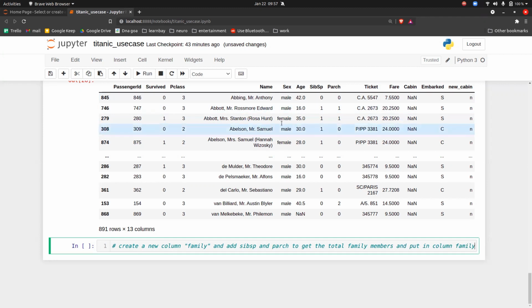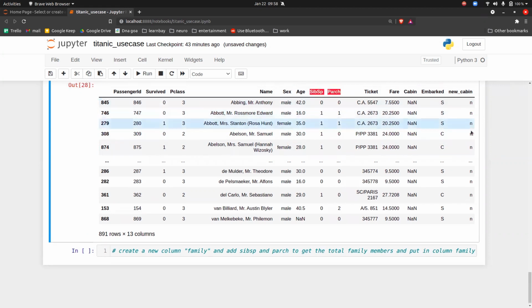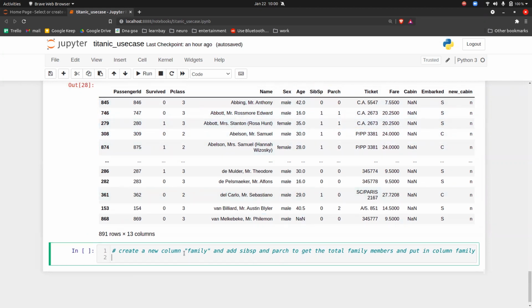So basically 0 plus 0, so that answer should be in the family column. 1 plus 1, so 2 in the family column. 1 plus 1, then 2 in the family column. Like this, you have to add this data and put it in the family column, guys. Okay, so the answer is very straightforward. So df of family,